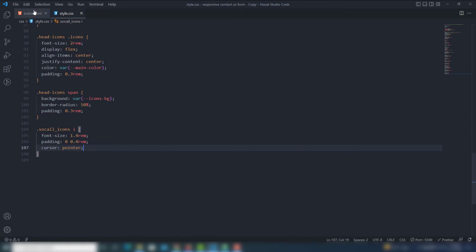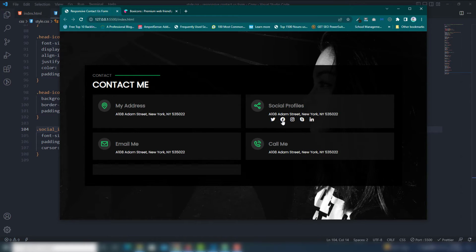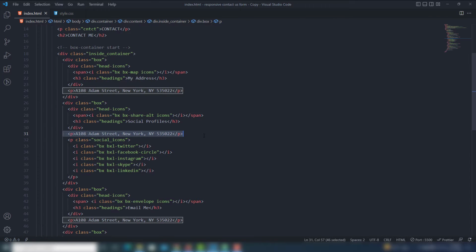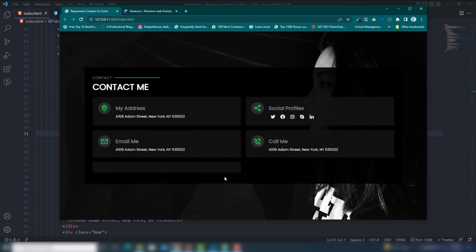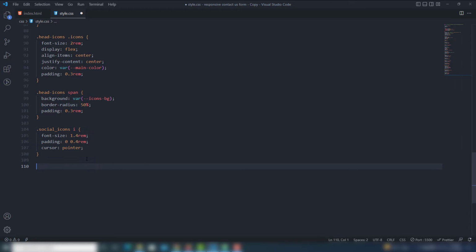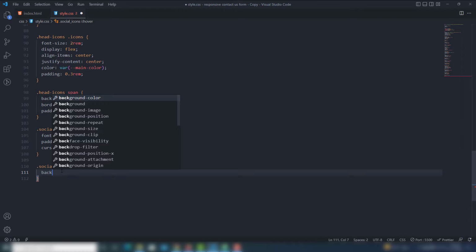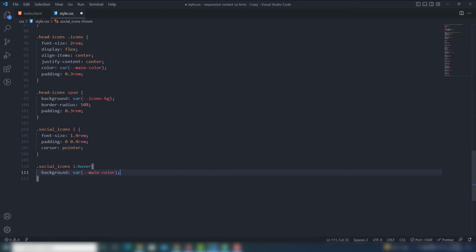Okay, social icons, my mistake, perfect. Everything is clear on there, but I need to remove this one because I don't need that on there. Right, and then I need to use hover effect. So let's get that and use hover. Background I'm gonna add white primary, not background, I'll just use color,